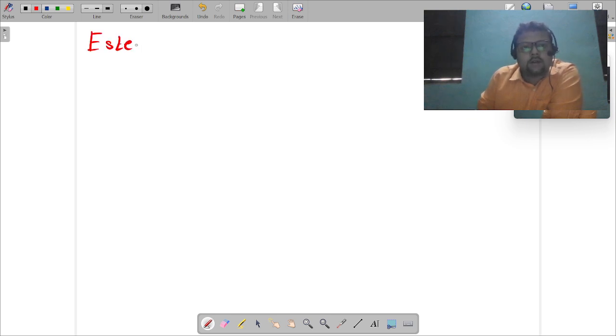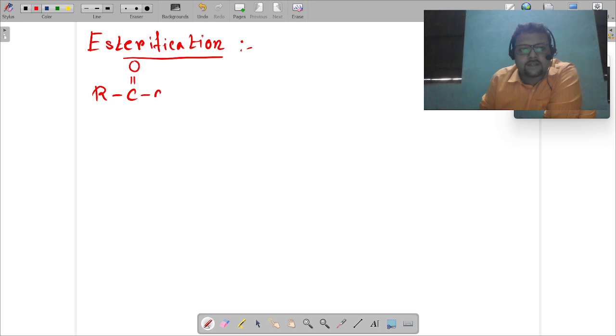In the case of esterification, we have primarily two reactants: one is a carboxylic acid, which has a general representation of RCOOH, and another one is an alcohol, which has a general representation of